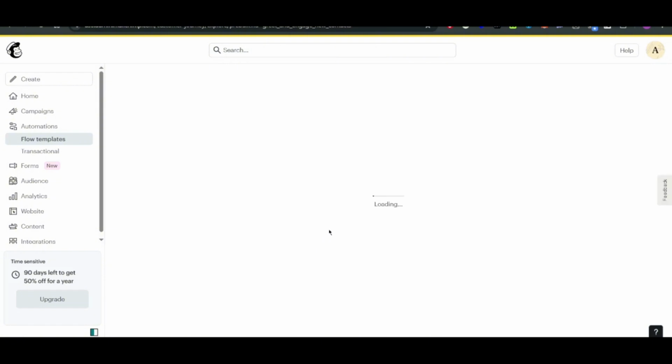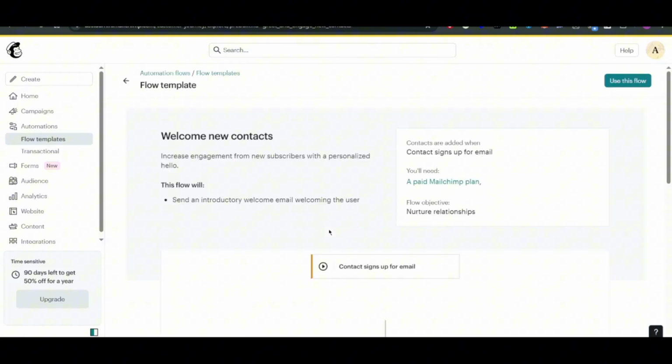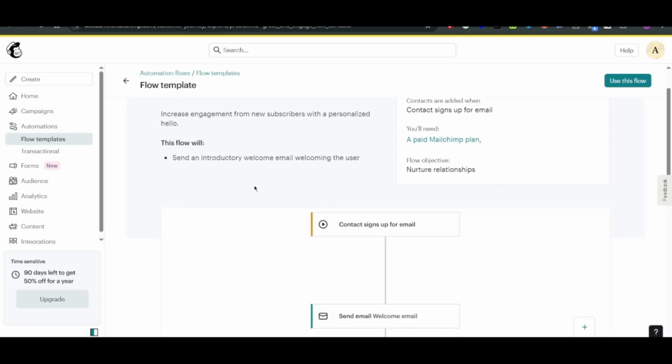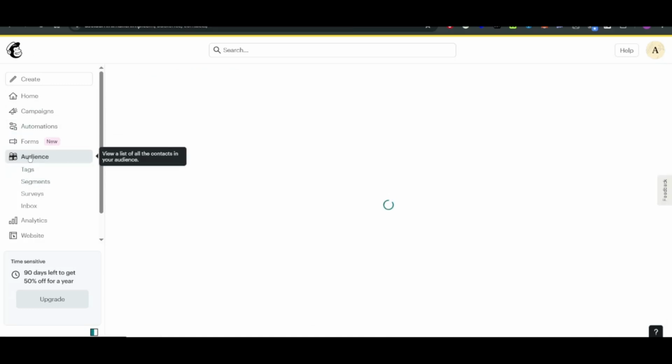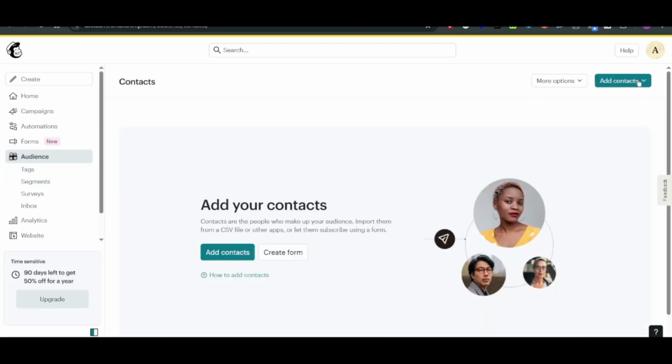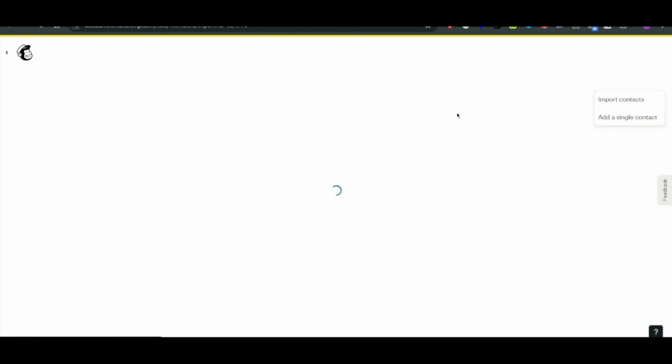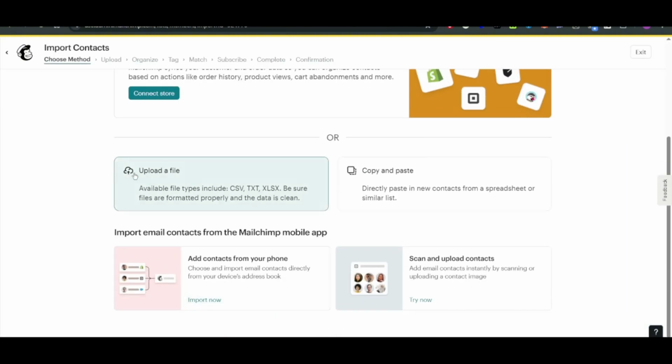So what you can do is edit this, and once you have added this one, you will be able to sync it with your contact list. Where you can get the contact list is in the audience. You can add a contact, and in the top right corner you see that it says import contacts. Once you import contacts, you'll be able to upload your CSV file and copy paste it directly from your spreadsheet. Once you have done that, you'll be able to send a welcome email to those contact